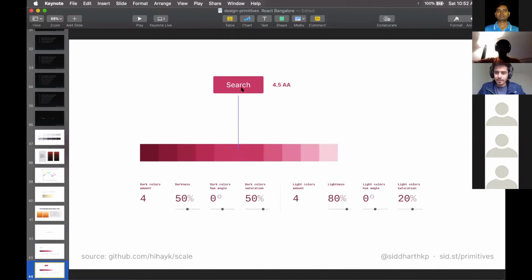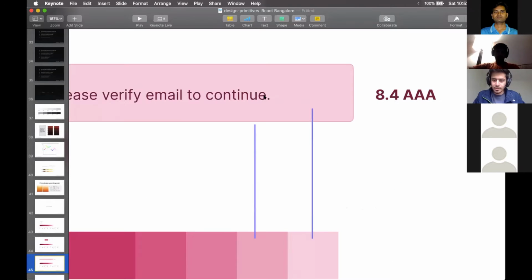you can see that I use this lightest shade as the background of the alert, and the darkest